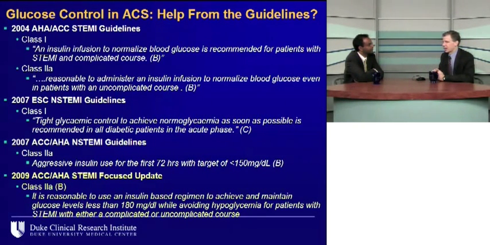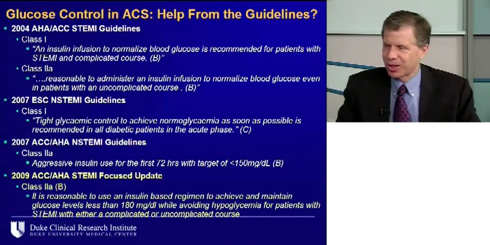But then with the newer GIK data, with other studies of patients with diabetes in the chronic phase, suggesting that tight glucose control is a double-edged sword, this has been substantially loosened up now. So I think the 2009 STEMI-focused update is relevant probably for all acute coronary syndromes, where the recommendation is that it's reasonable to use an insulin-based strategy to keep the blood sugar less than about 180, but being very sensitive